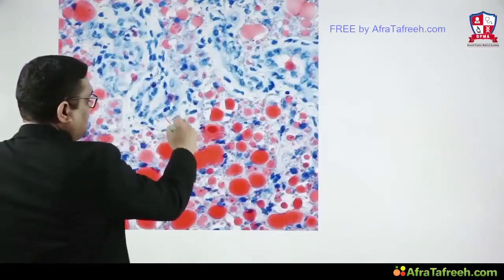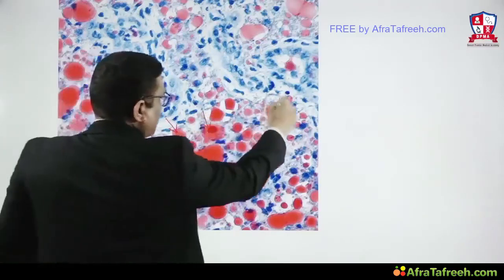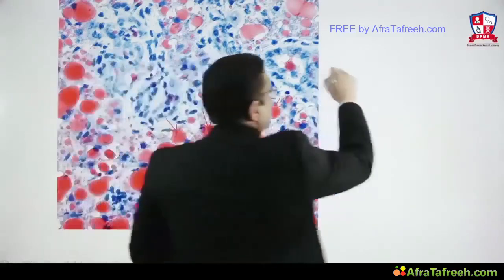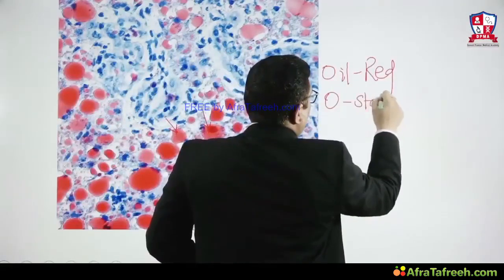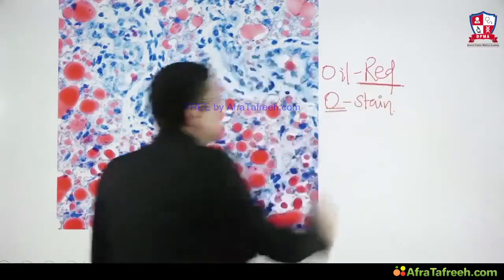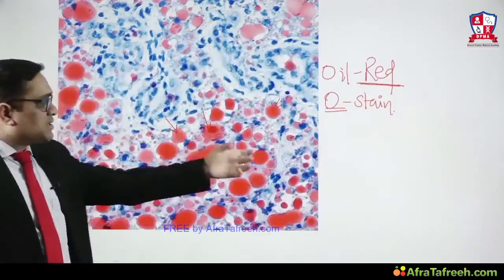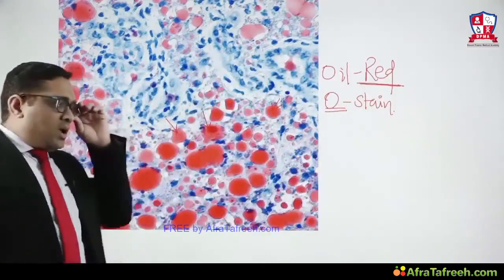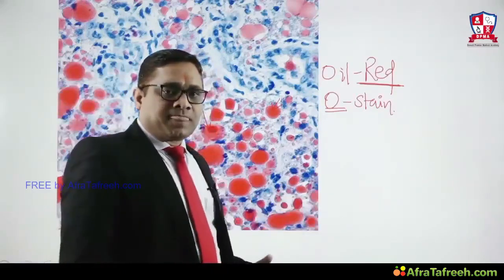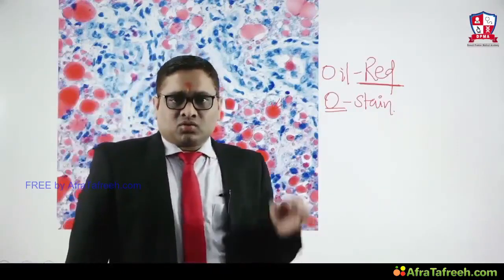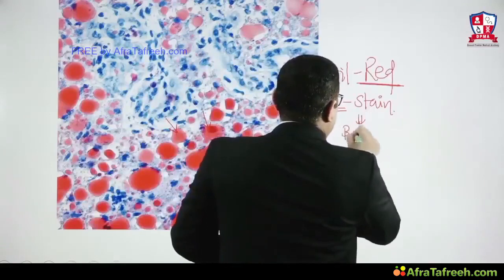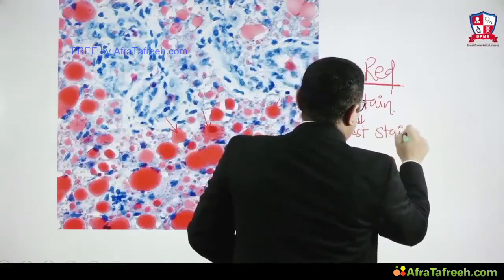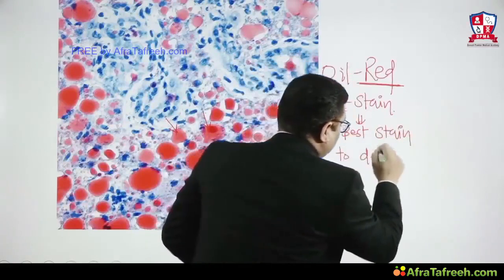See, when we apply special stain, right, then we see red or orange color of accumulation. So this is oil red O stain. That is why I said the name itself is the informative name, oil red O stain. Lipid will be red or orange in color. As you can see, these are the lipid which will be red or orange in color. Oil red O stain, this was the question in AIIMS 2016. This is the best stain to identify lipid on frozen section, right? So remember, this is the best stain. Oil red O stain is the best stain to detect lipid,